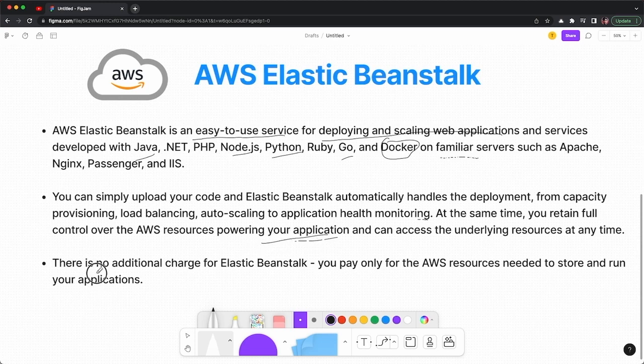So there is no additional charge for Elastic Beanstalk. You only pay for the AWS resources you need to store and run your application. For storing, it will use S3, and for running your application, it will use some server like EC2. So you just need to pay for the usage charge of your AWS resources, but there is no additional charge for the Elastic Beanstalk service. So now let's start building our React application, and we will deploy the application to Elastic